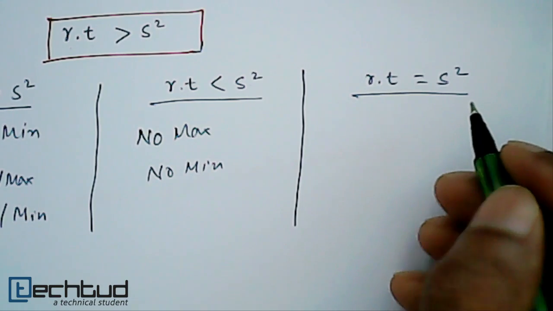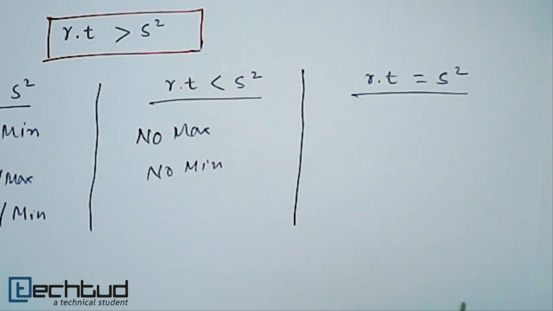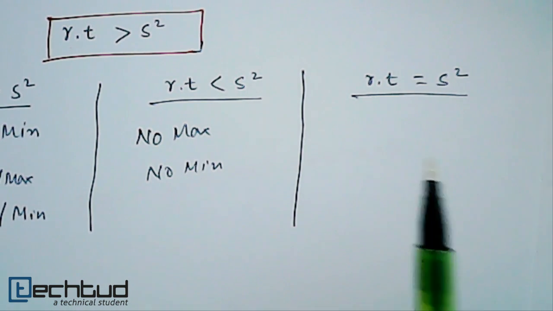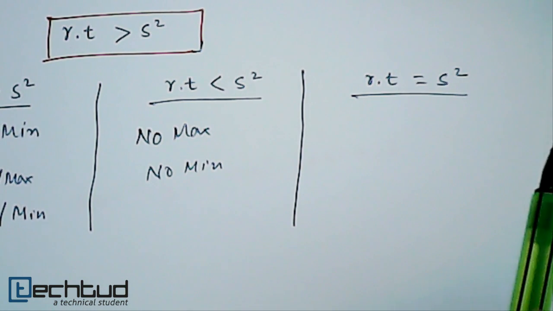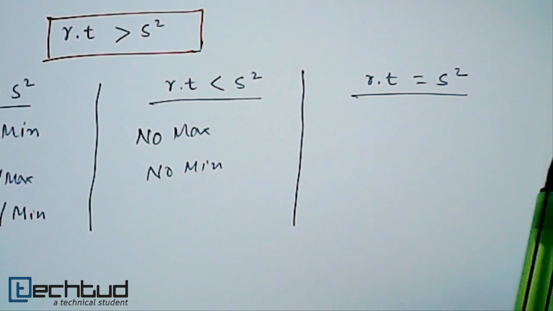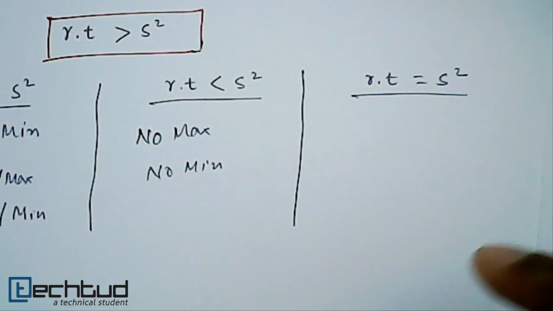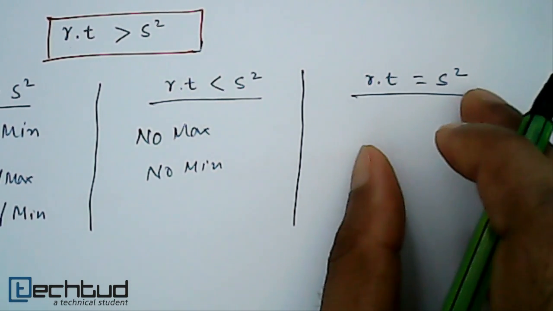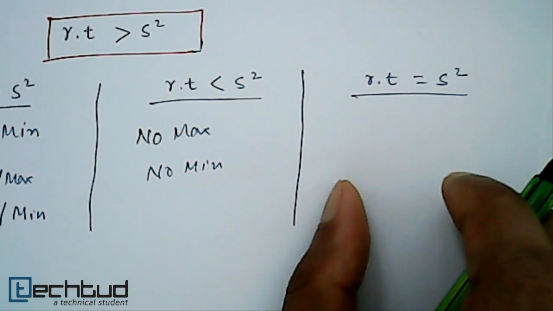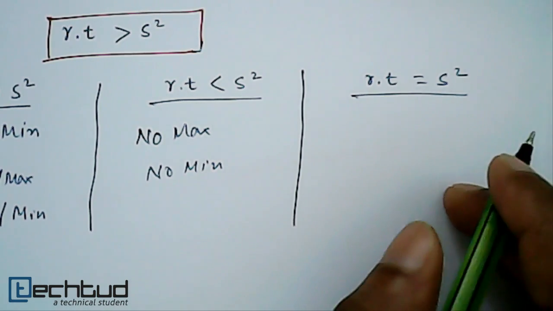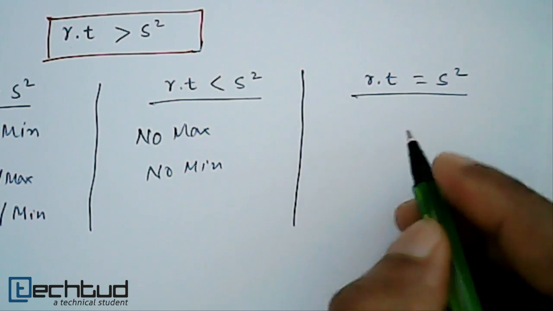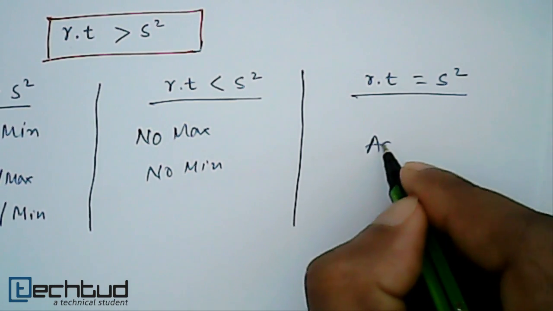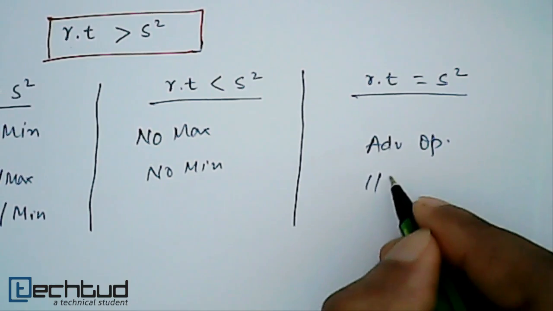Now this is the condition where, in the case of a single variable, we find the first derivative and then check the second derivative, and if we find that the second derivative is also equal to 0, then we proceed to the next levels. So the next operation will happen here. We will go for further checking, but this is not in our scope, so let's leave it. Let's write: advanced operations out of scope.